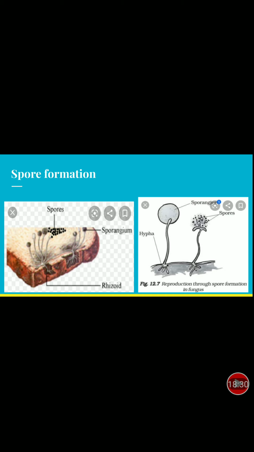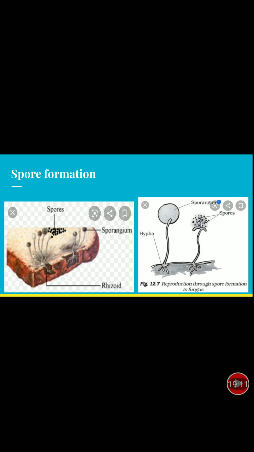Plants such as moss and ferns. Ferns we use for decorative purposes and also to make garlands. Don't go and buy from the shop. Observe your compound walls, pick the plants and see whether you are able to see the spores. If you see these plants, you can see black colored structures which are known as sori. S-O-R-I. Sori are the spore forming bodies.